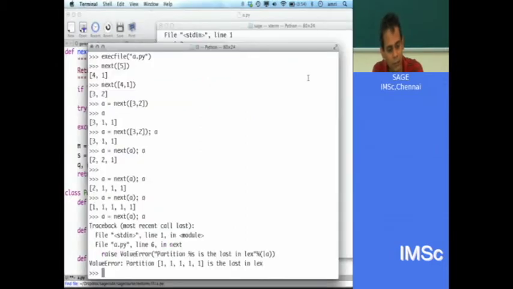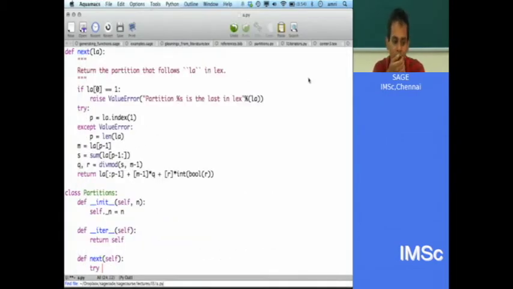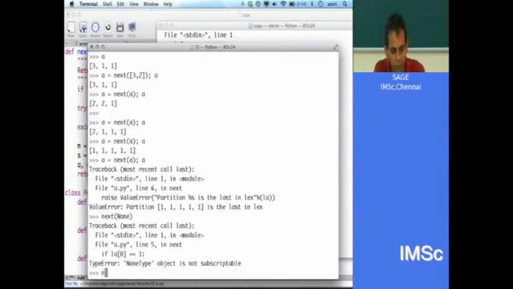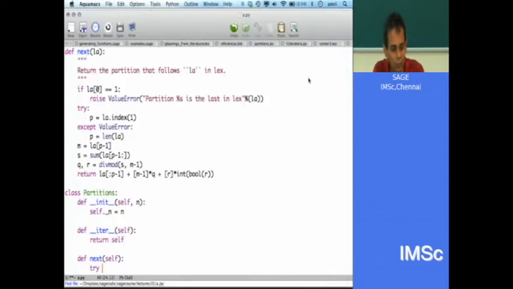If I say next of None, it says type error. Or maybe if I try next of something which name doesn't exist, it says name error. Okay, so I don't know what I'll get.